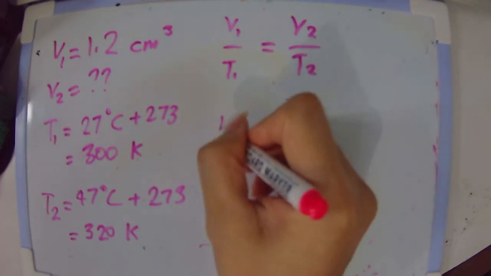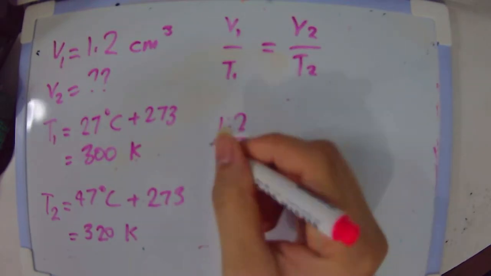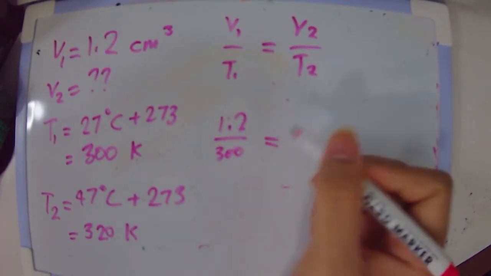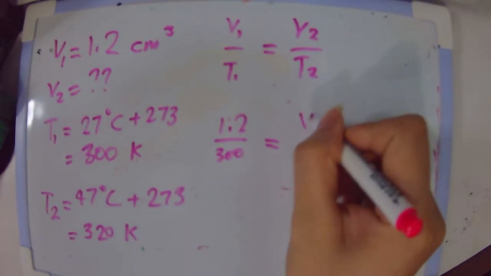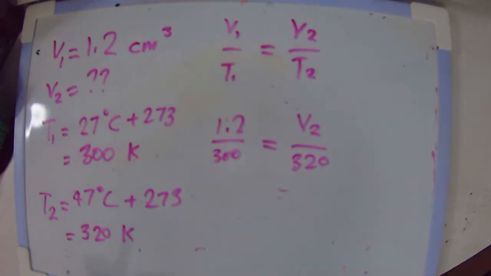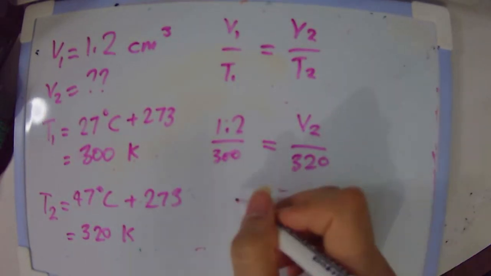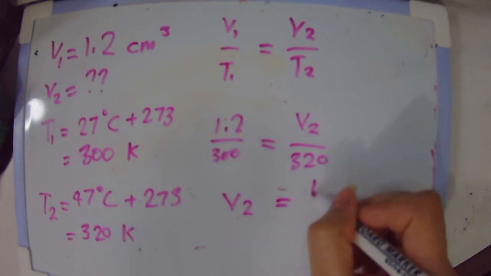So V1 is 1.2, over T1 equals 300. V2 is not stated, so we'll just use V2. T2 is 320 Kelvin. Rearrange the formula, so V2 equals 1.2 times 320